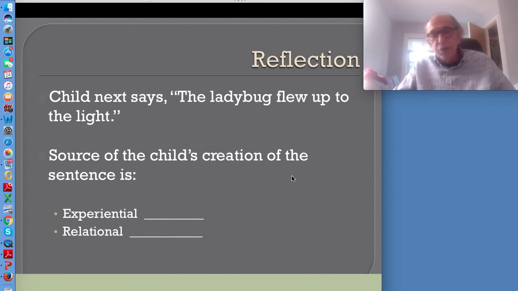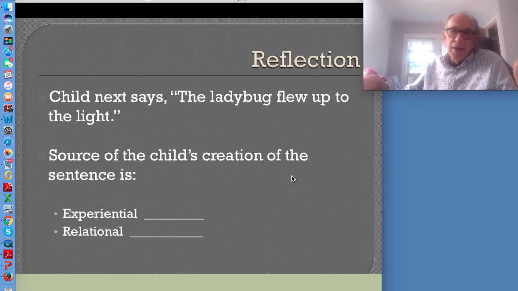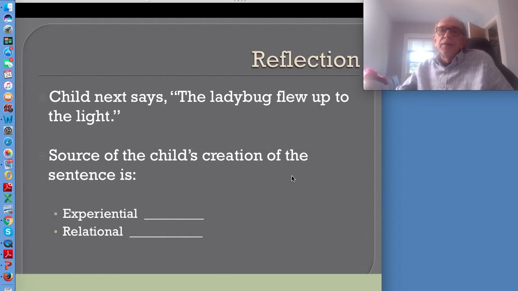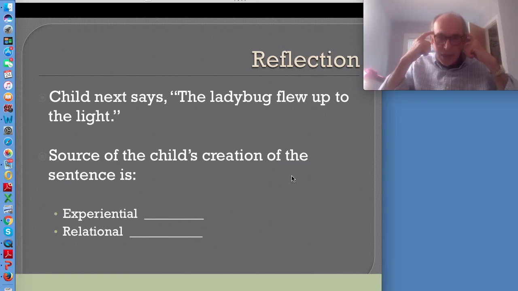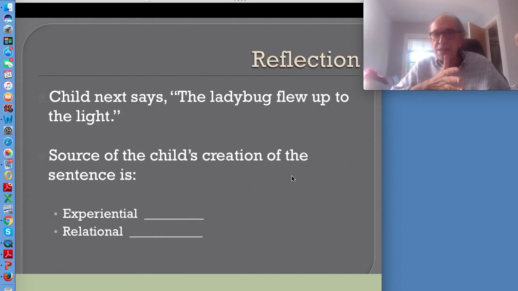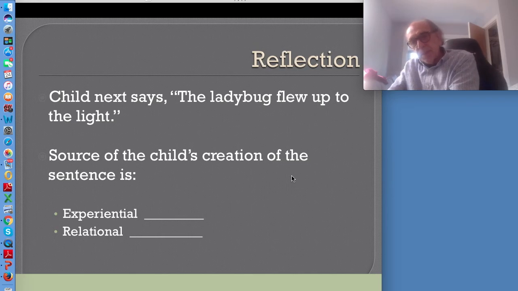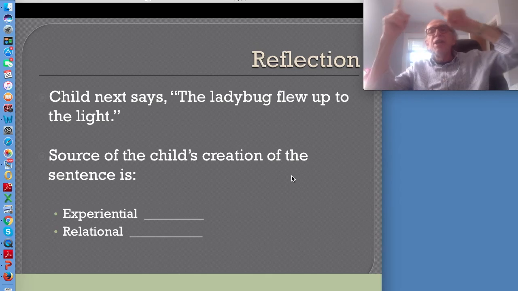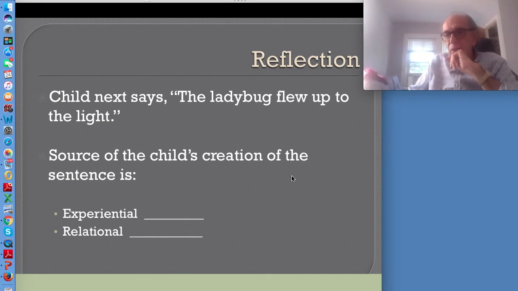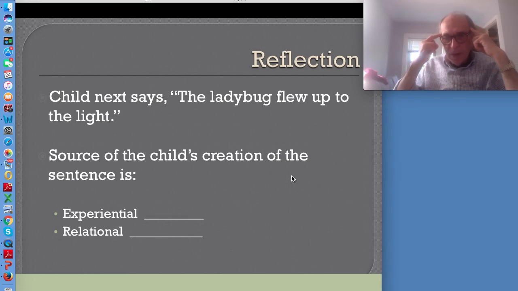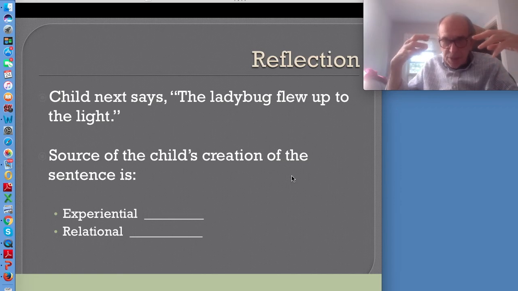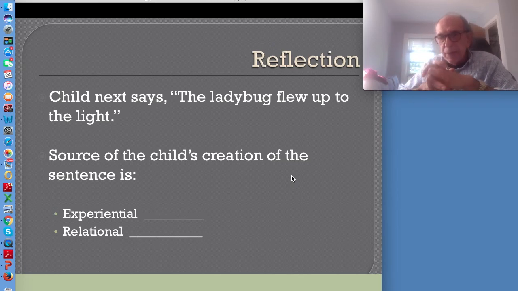Now, of course, the child had experience already with ladybug, experience with lights, experience with flying, experience with up and down, perhaps. The child has the meaning of each of these things experientially. However, the child had to, in his or her mind, put together the subject of that sentence, ladybug, with the object of the sentence, light, and by virtue of a change in location, a locative action, a location change. Now, the ability to think location change and put therefore the subject of that sentence together with the object of the sentence, that is ladybug together with light, by virtue of the action which was specified here, fly,